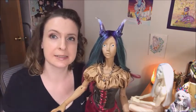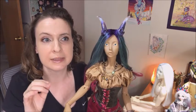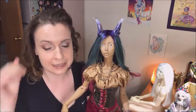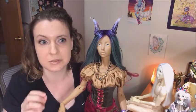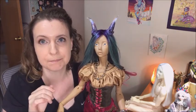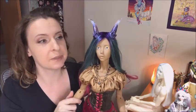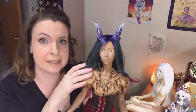Sewing is going to get set aside. This is what I've told myself, because I love sewing. I would just sew all the time, but then nothing else gets done. So I'm going to set the sewing aside, and I am going to devote some time to getting these face-ups done. But I've been compiling some pictures of things that I have ideas for her,